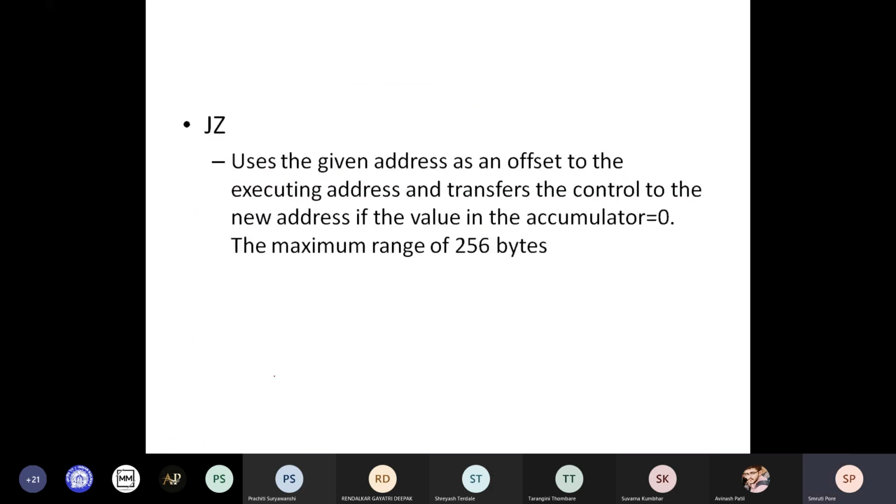So the first is JZ. It uses the given address as an offset to the executing address and transfers the control to the new address if the value in the accumulator is 0.